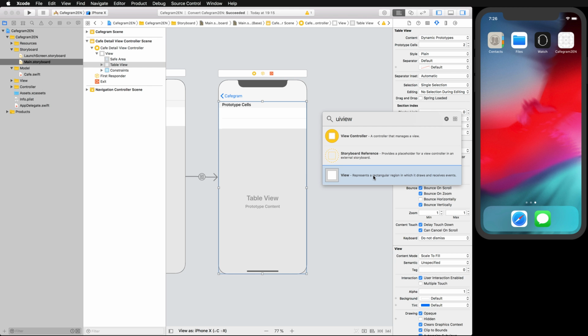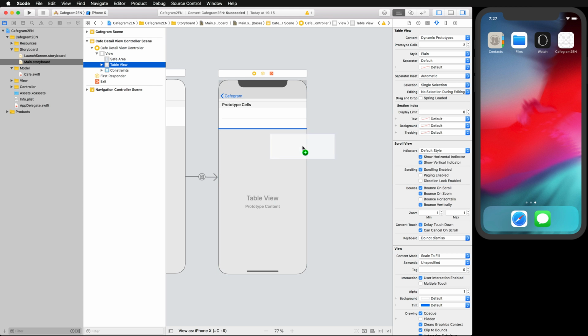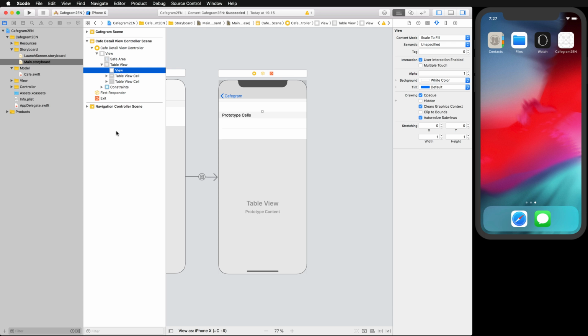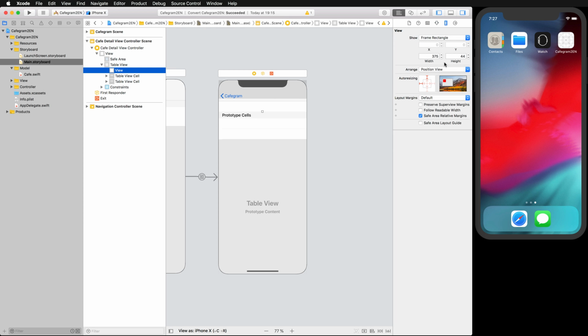Okay, add this view to the table views header. Okay, like this. Change the height of the view to 350 points. Okay, the height 350 points,